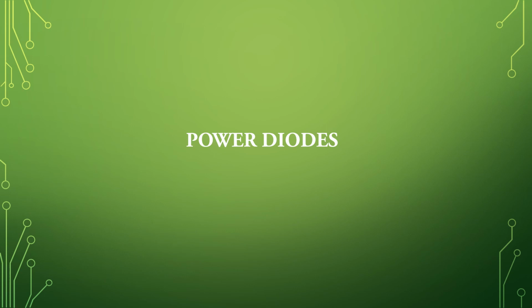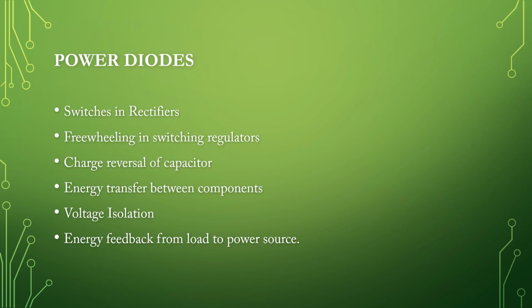Welcome everyone. It is well known that power semiconductor devices can be broadly categorized as power diodes, power transistors and thyristors. In this video, I will explain the fundamentals of power diodes and their characteristics. These power diodes are used as switches in power electronic circuits for the conversion of energy from one form to